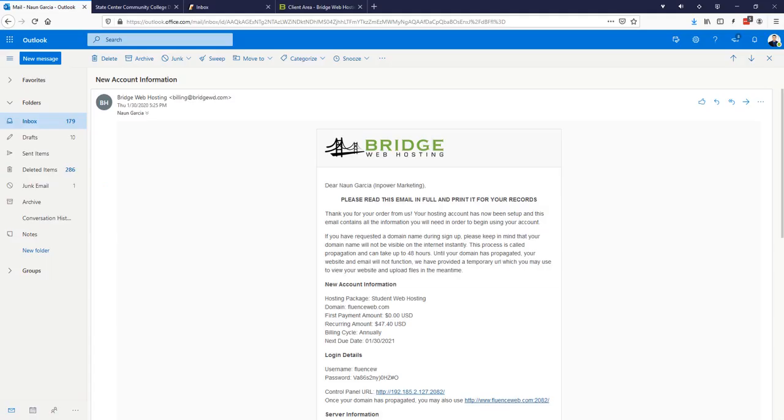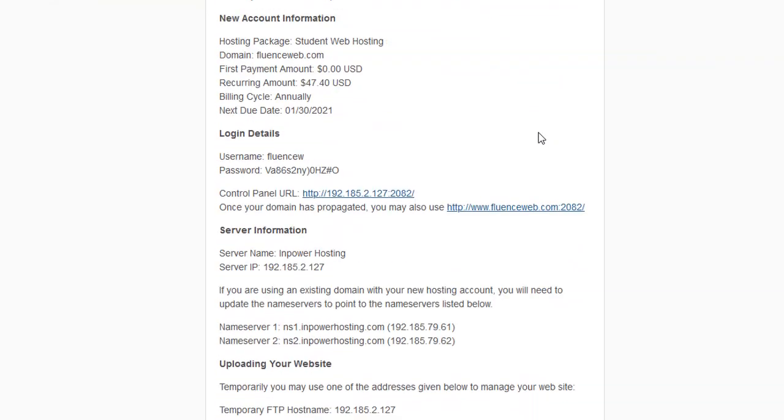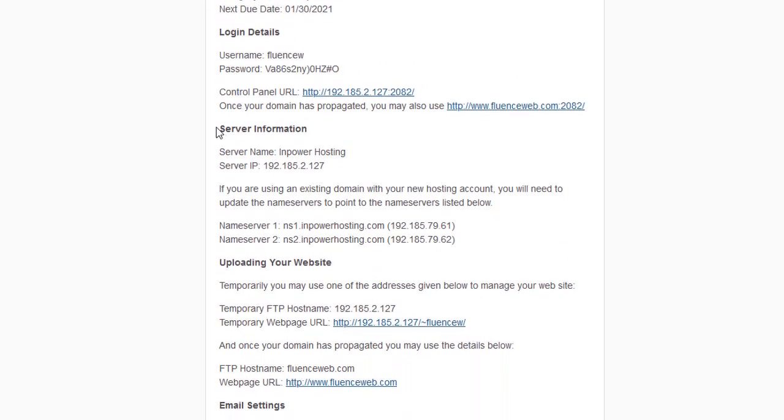So first we have to figure out what our name servers are for our web hosting server, and we can find that information in our new account information email that you received when you registered for your web hosting account. And if we scroll down close to the bottom under server information, you will notice that it'll give us our name servers. In this case, they are ns1.npowerhosting.com and ns2.npowerhosting.com. Name servers will always have two separate NS records, typically NS1 and NS2,